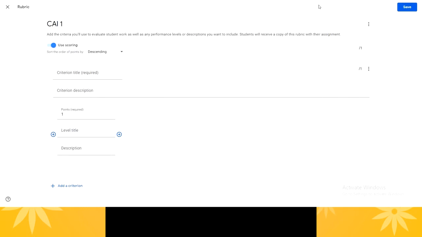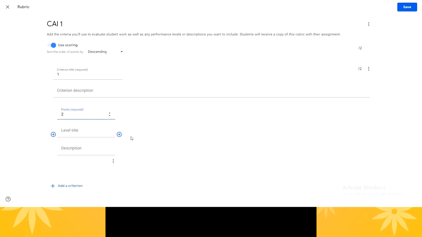The Create rubric option will open the worksheet. There you can specify the criteria. For the criterion title, I'm going to use Question number 1. In the criteria description, you can type the question you have asked in the question paper. Then how much mark is allotted to question number 1? It is 2 marks. I can increase or decrease the points here using the up arrow and down arrow.